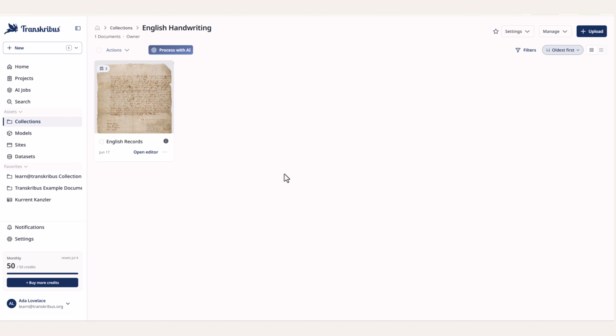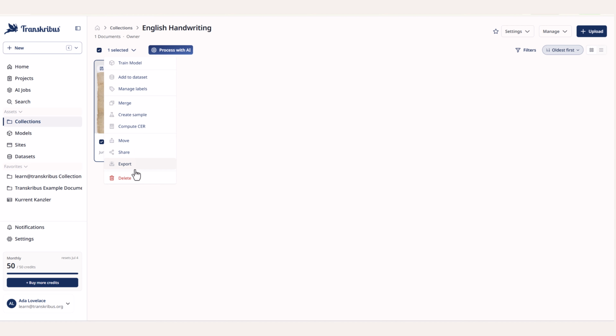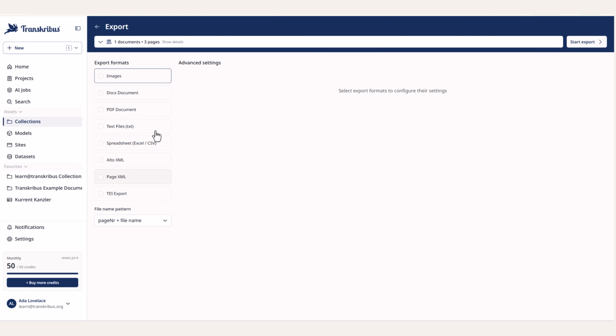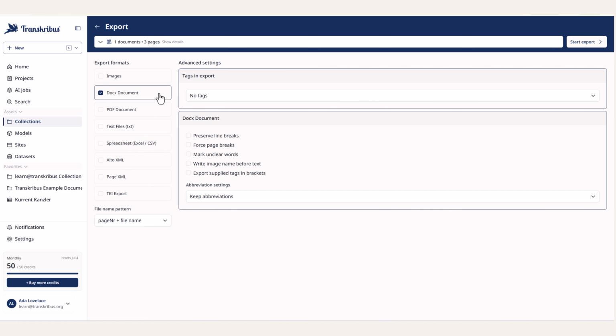And once you have worked on your documents and you have finished your transcription, downloading is just as easy. Select the document you want to download and then click on the Actions button. Choose Export and select your desired format, the standard export options like images or PDF, or advanced options like Excel